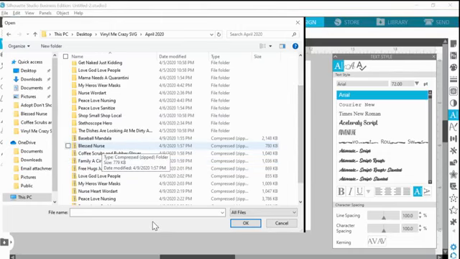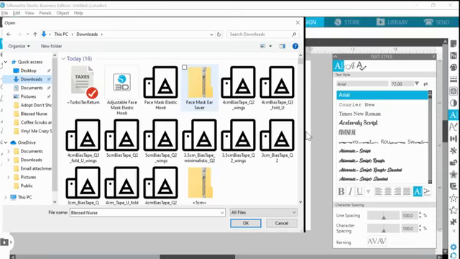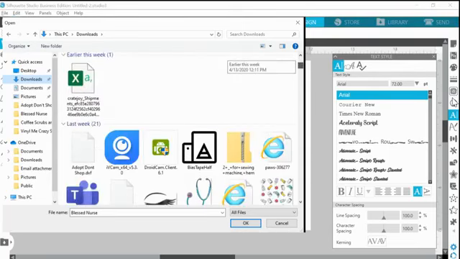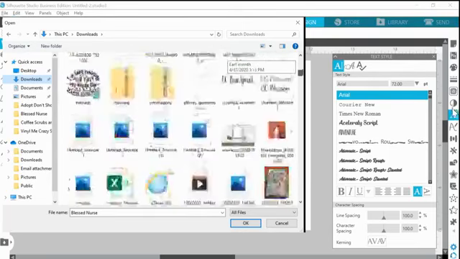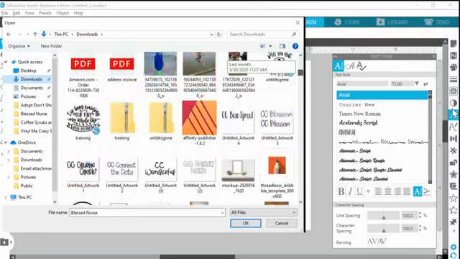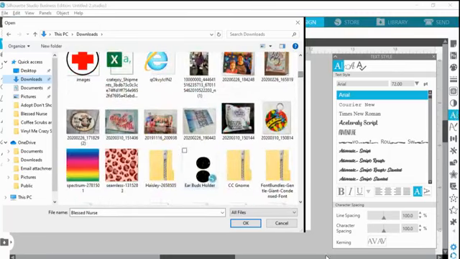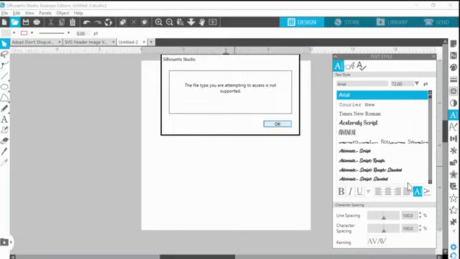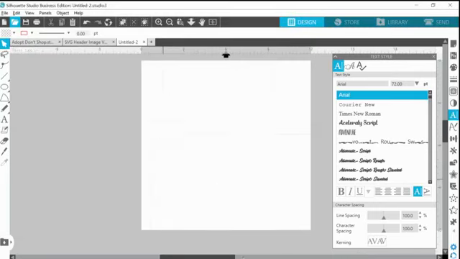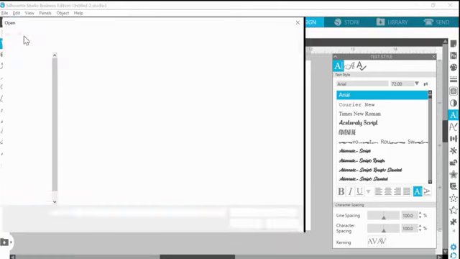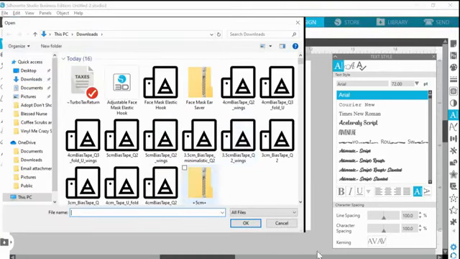So anytime that I need to unzip a file, let me see, do I have anything in my downloads? Where are you? Here we go. This is a file that I got. Oh man, I did that wrong. That was a file that I got from Craft Chameleon. But basically, I open up the zipped folder, and then I will drag and drop my files over into my